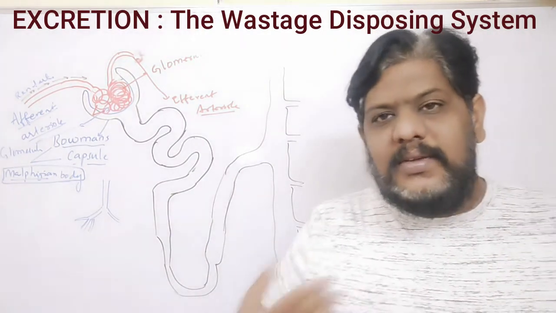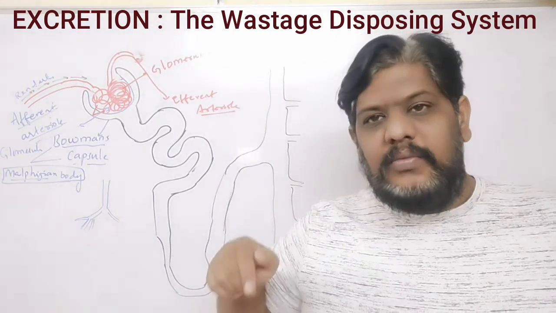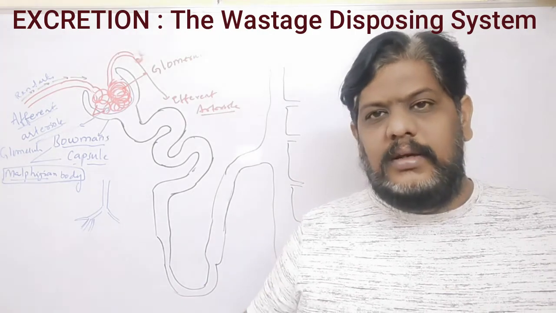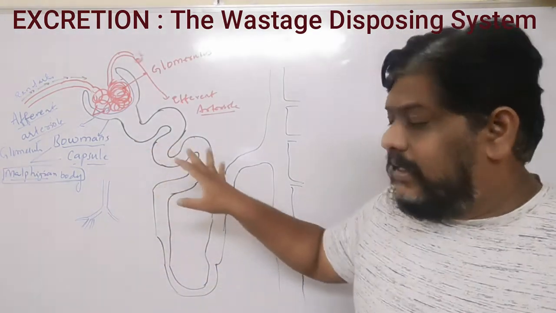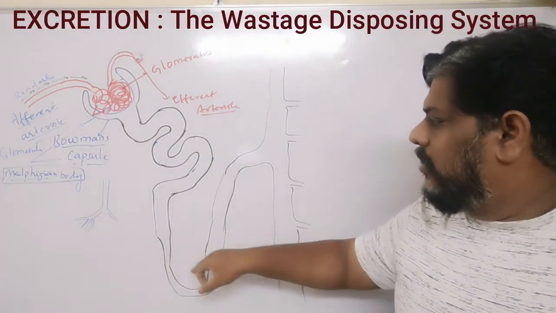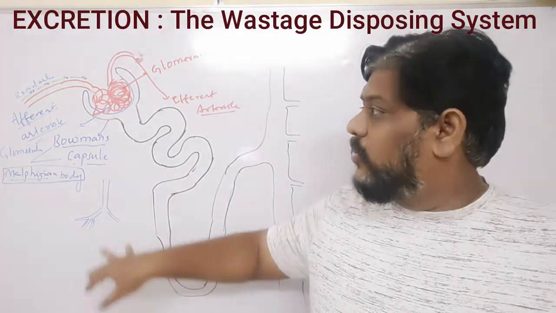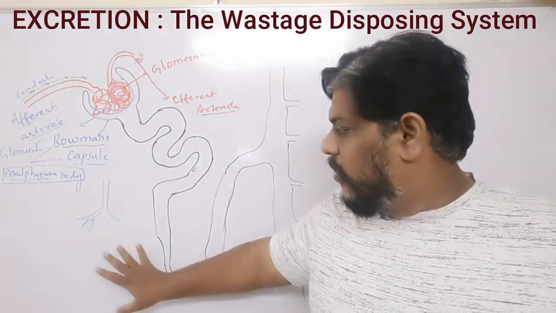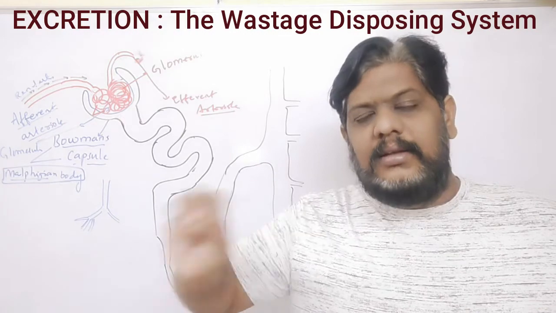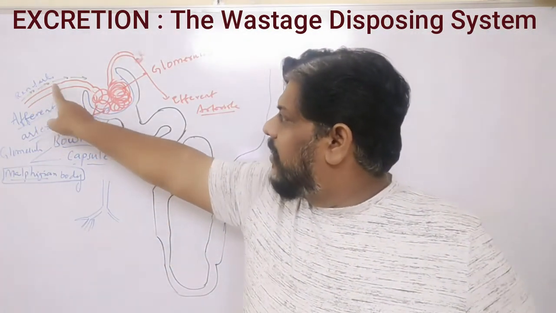So now where are the waste materials? They are in the blood. So if they are in the blood, where should it come? They should come to a filtering unit. So which is the filtering unit here? Kidney is the filtering unit. So in the kidney, which is the special filtering unit? That is the nephron. How many nephrons are there? Many nephrons are there. Out of that, now we are taking only one nephron and we are trying to understand what actually happens inside the nephron. So what is the part we have drawn here? We have drawn the renal,